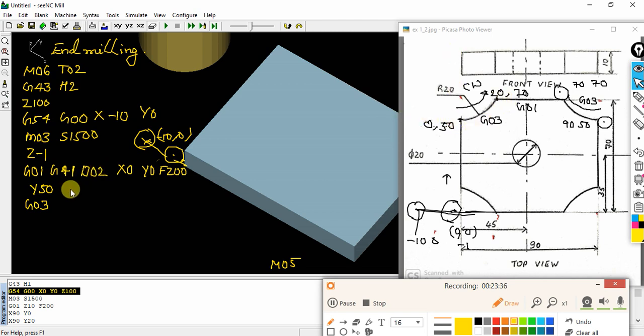So G03, X20, Y70, radius 20. So this position X20, Y70, and you need to specify radius 20. Do not forget to specify the radius. So this will be the syntax.